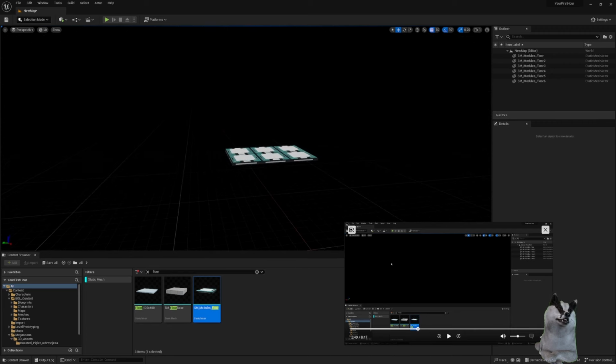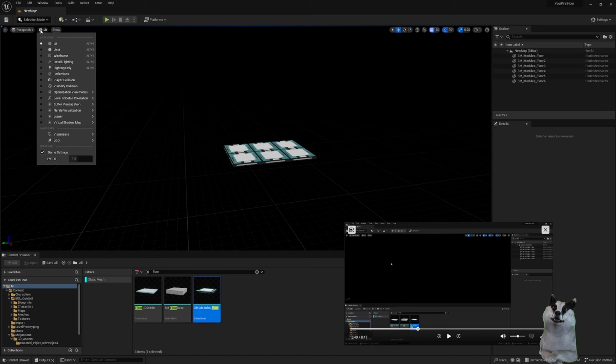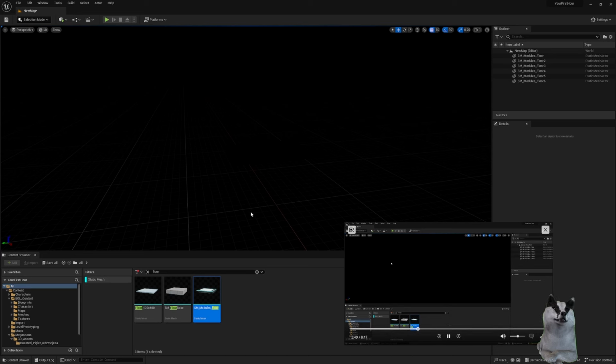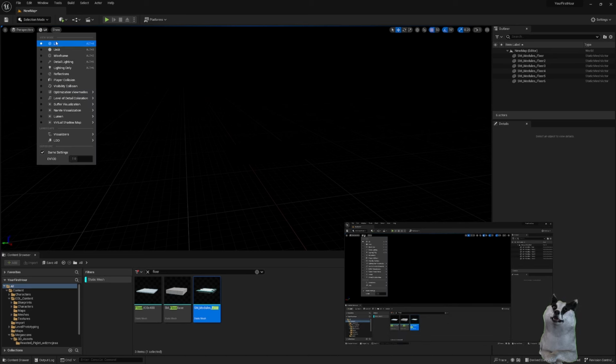Oh, the editor itself... Oh, interesting. So... I wonder if that... Yeah, okay, so just changing back from lit to unlit, it's... Because it applied this... That's interesting. Okay. Okay, I get it. That makes sense. We can easily get around that for now by changing our different view mode in the top